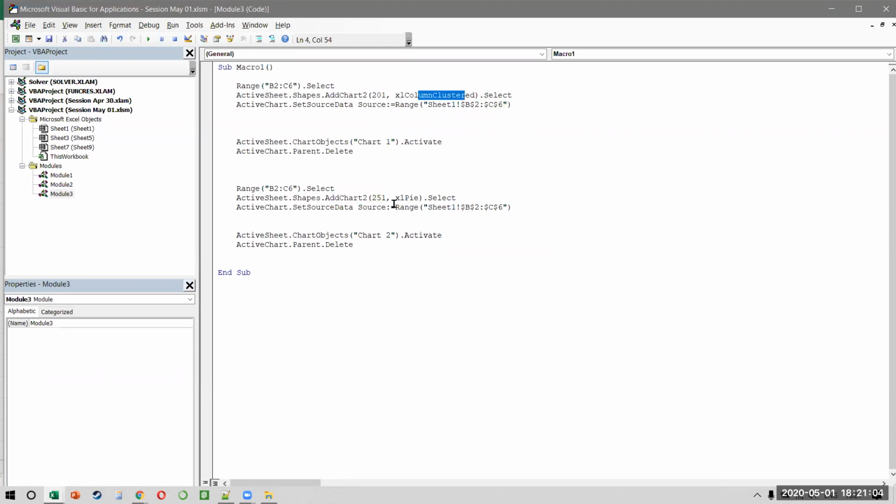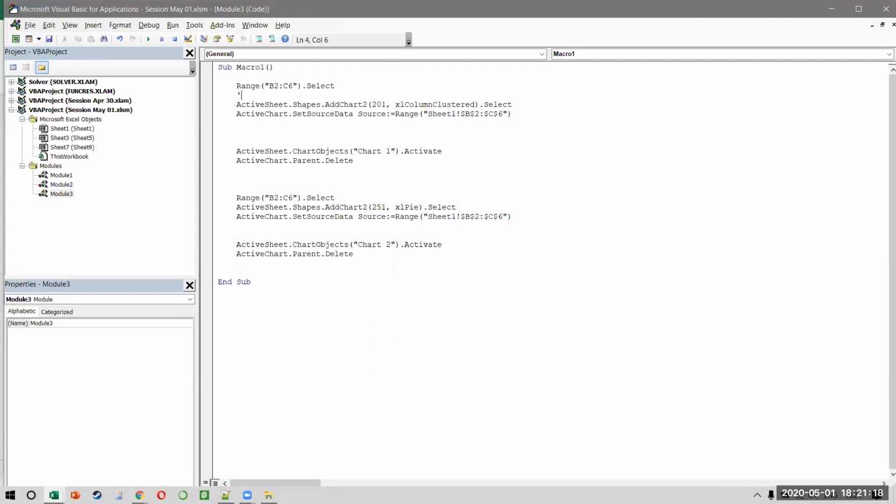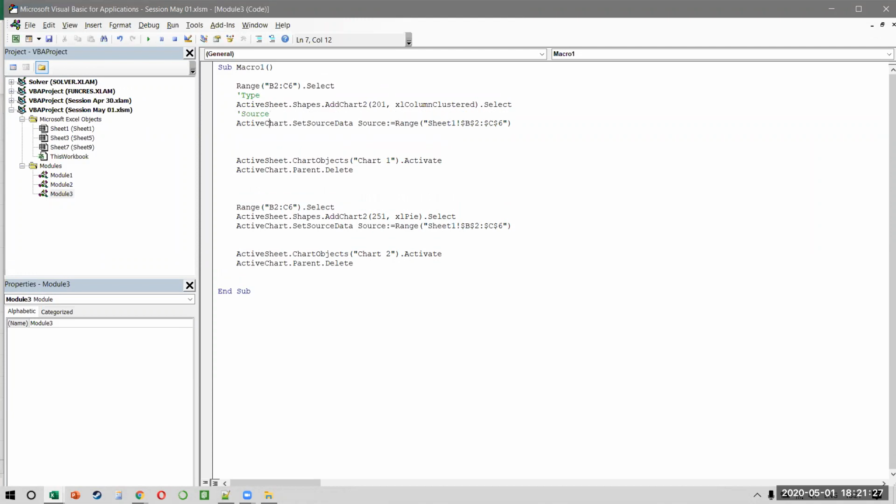So this is an Excel column cluster. This is an Excel pie, right? And then once that is selected, this is the source that you're giving to that chart. So remember, in the first one, I'm defining the type of the chart. And after that, you have the source. I know it seems that it is the other way around. You would say, should it not be the source and then the type? No, it is always first the type of the chart that you want, and then the source that you want to put inside that. So if you notice this part, my source and my source, these are exactly the same, right? Nothing changes. My range is also the same, only my type of chart is changing here.